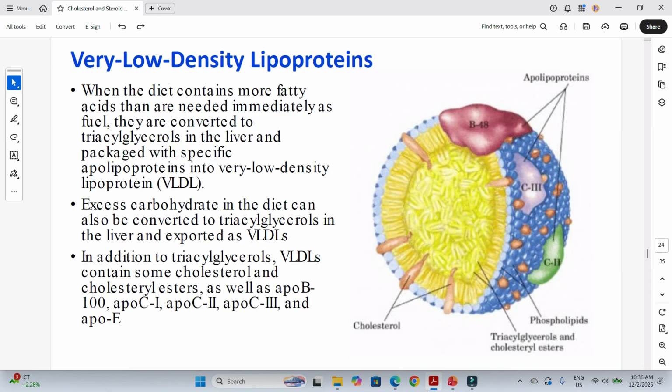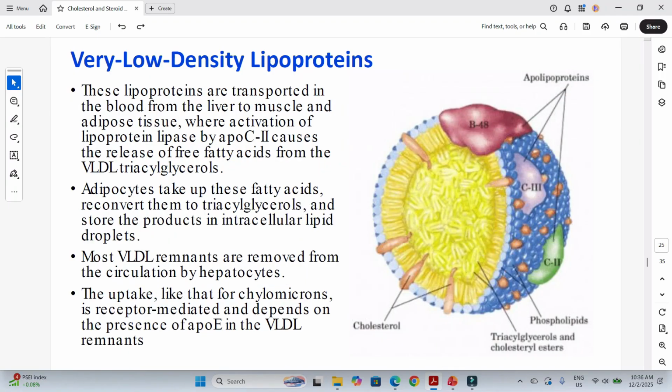All right? So in addition to triacylglycerols, VLDLs contain cholesterol and cholesterol esters, as well as ApoB100, ApoC1, ApoC2, ApoC3, and ApoE, okay, apolipoproteins. Now, these lipoproteins are transported in the blood from the liver, remember, from the liver to muscle and adipose tissue. To muscle for consumption and adipose tissue for storage, where activation of the lipoprotein lipase by ApoC2 causes the